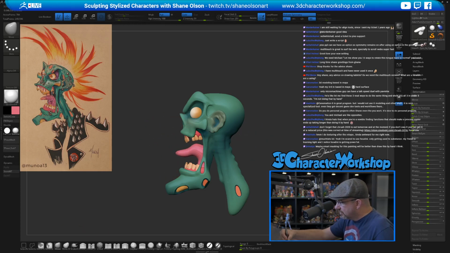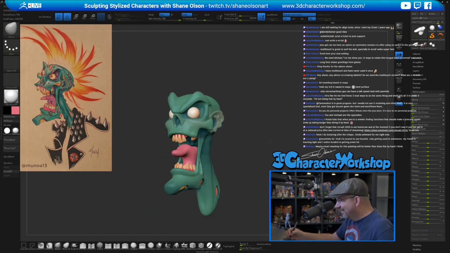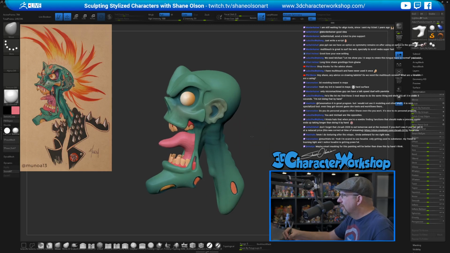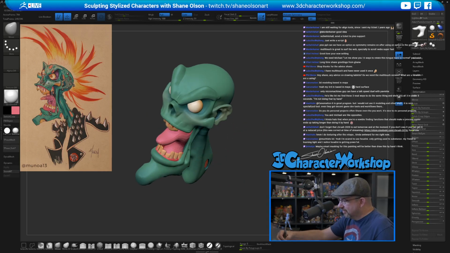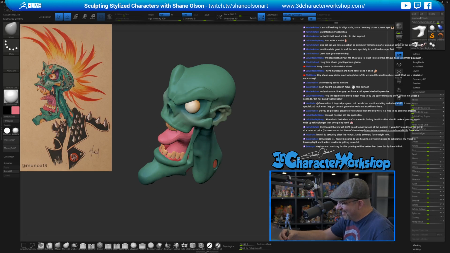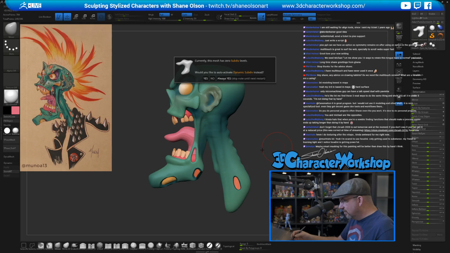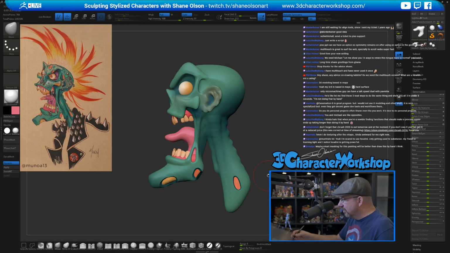Sounds like my dog wants out. Oh, line tools? Oh, good luck. Yeah, honestly, I don't know how you could even get that to work inside ZBrush. I'm sure they could figure it out, but